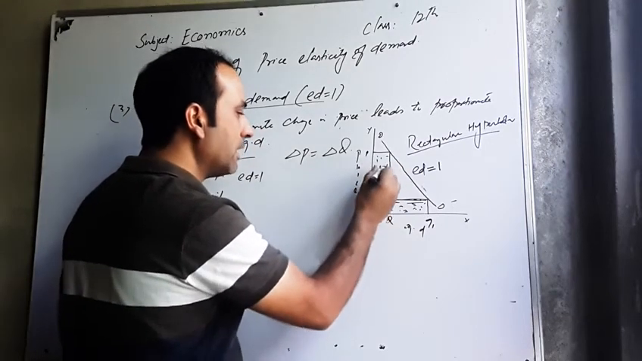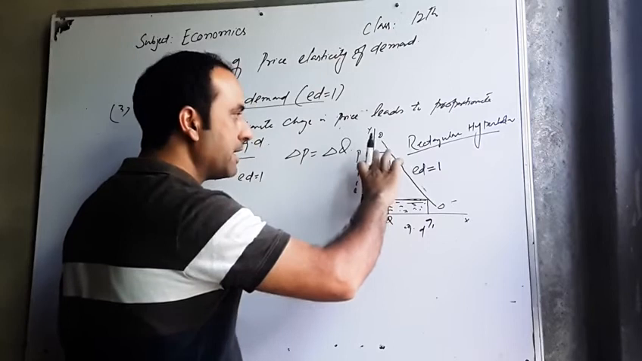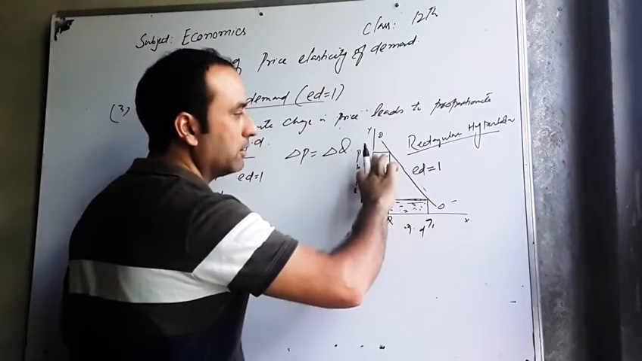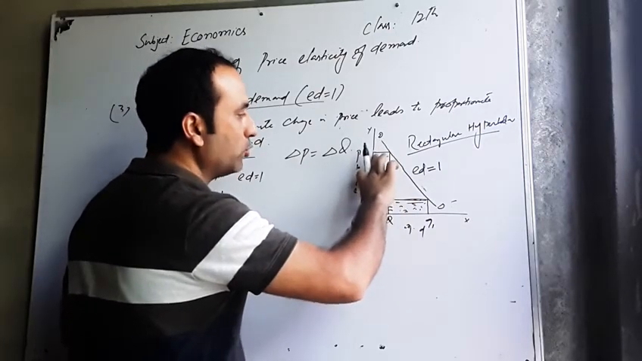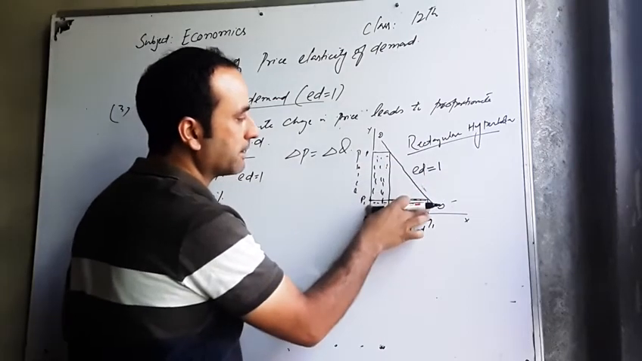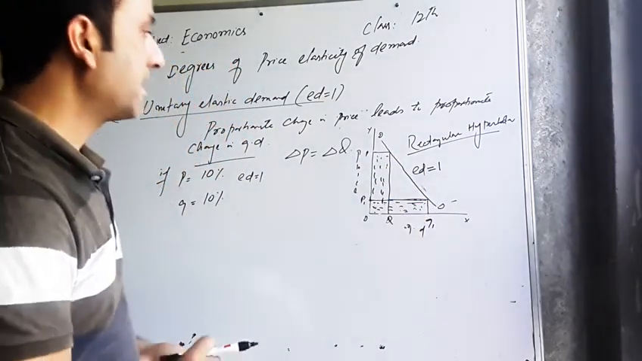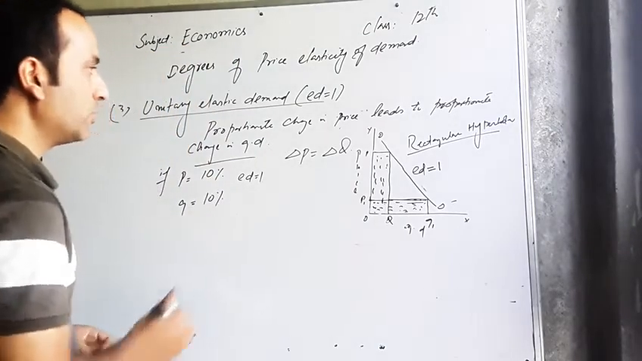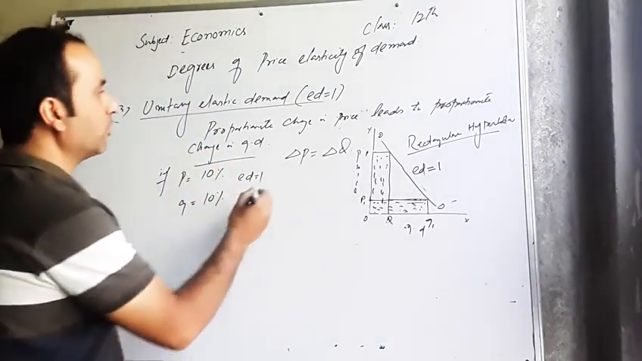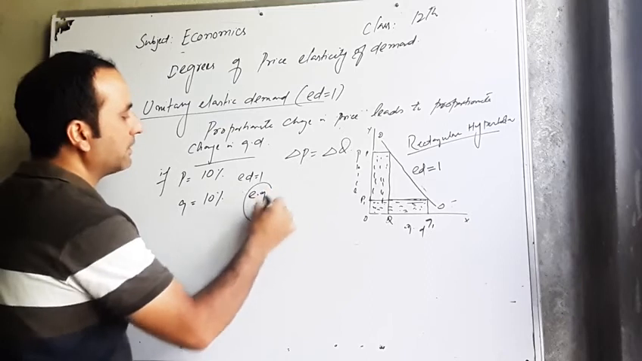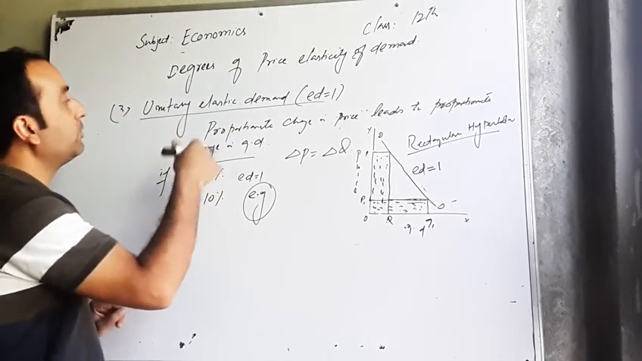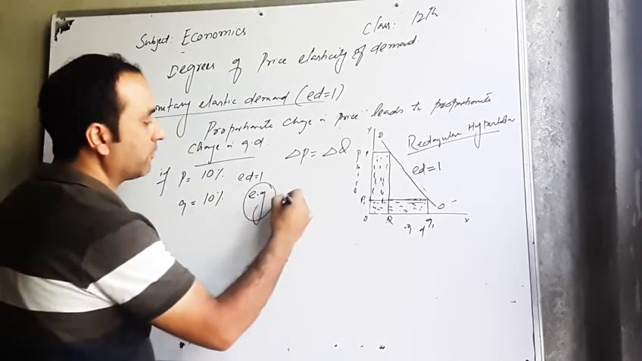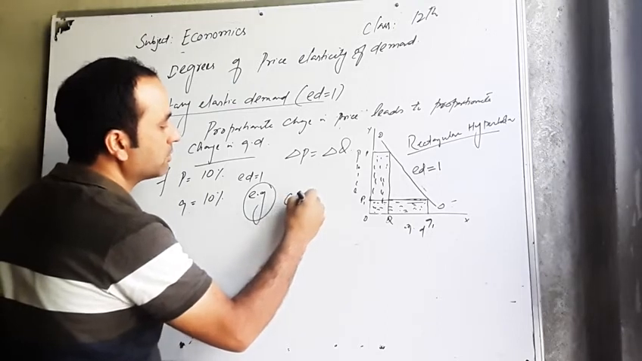When the area of two rectangles, this rectangle and this rectangle, when the areas of the two rectangles are equal, we can say that elasticity of demand is equal to 1. So here demand curve becomes a rectangular hyperbola. So for example, there are goods where the demand is unitary elastic, for example, comforts,